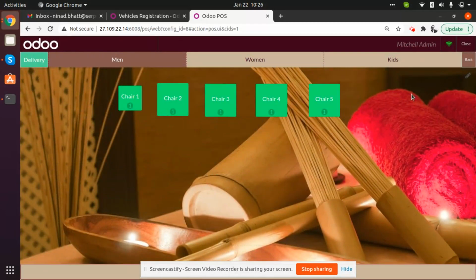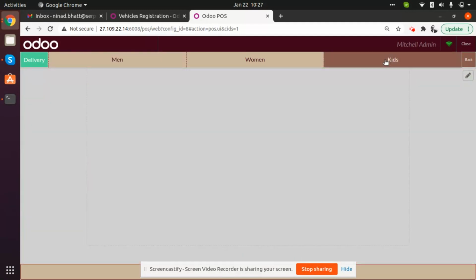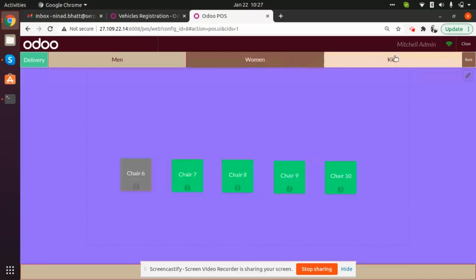And now we can see that we have added another segment, which is being called a floor over here. That is kids, right? But the screen is blank. We do not have any chair created. For that, we simply need to click on here and add a new chair. Or else we simply can get it